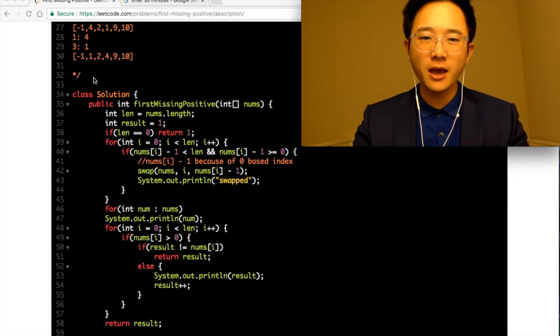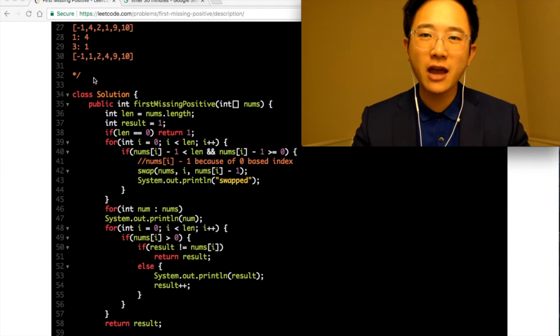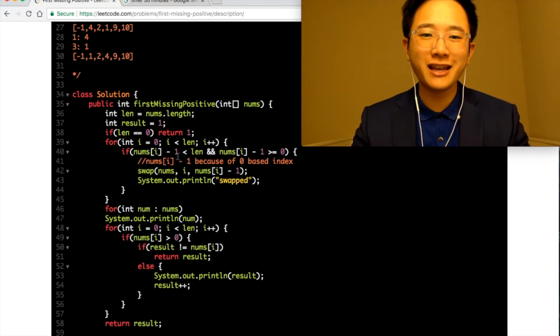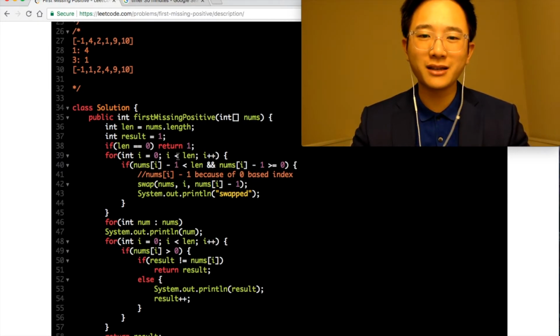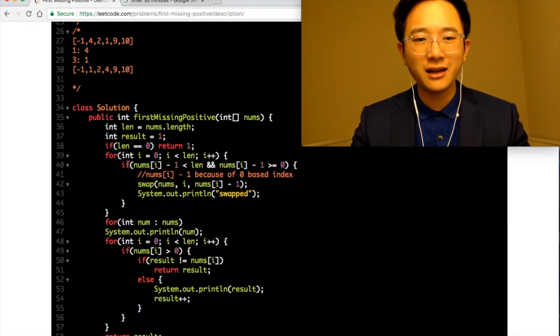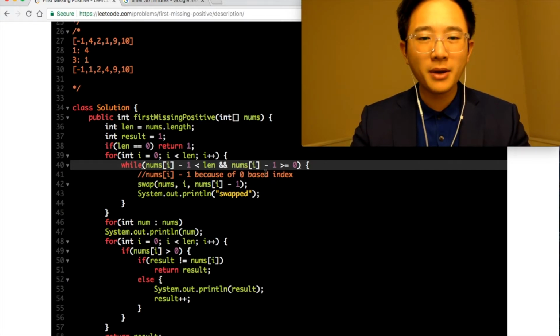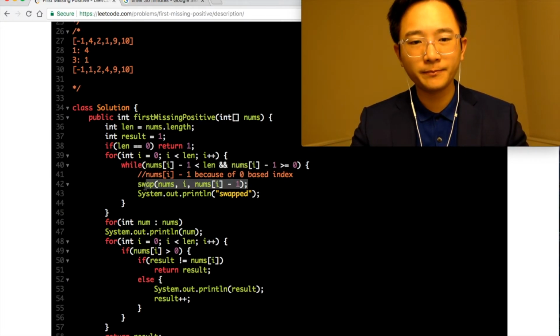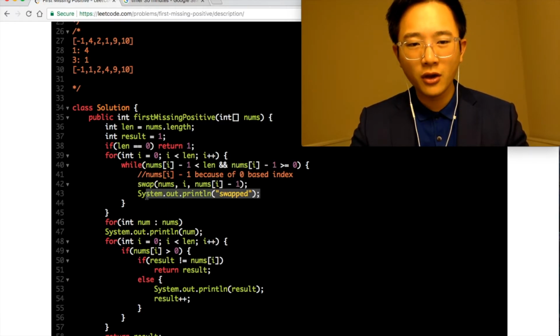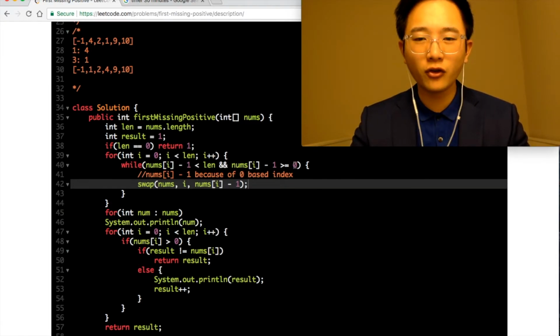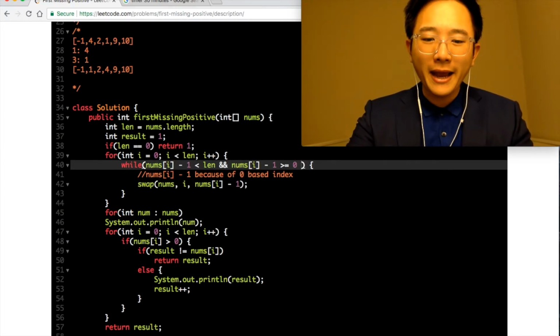Okay, so it was all because I implemented the ghetto version of bucket sort, and this is, well, I wouldn't say completely wrong, but it's a really, really knockoff bucket sort. So this is not if, and we should use while. So we will keep swapping. Now we don't need to print out this statement. Okay, so we will keep swapping. I mean, not swiping, but I use too much Tinder. We'll keep swapping until